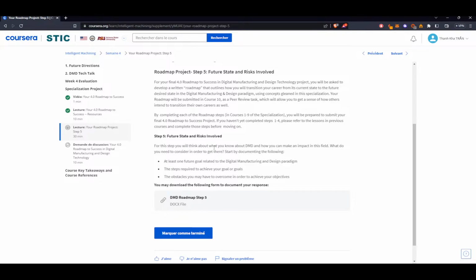You think about what you know about DMD and how you can effectively share all the image together. So, for visual digital manufacturing and design paradigm.